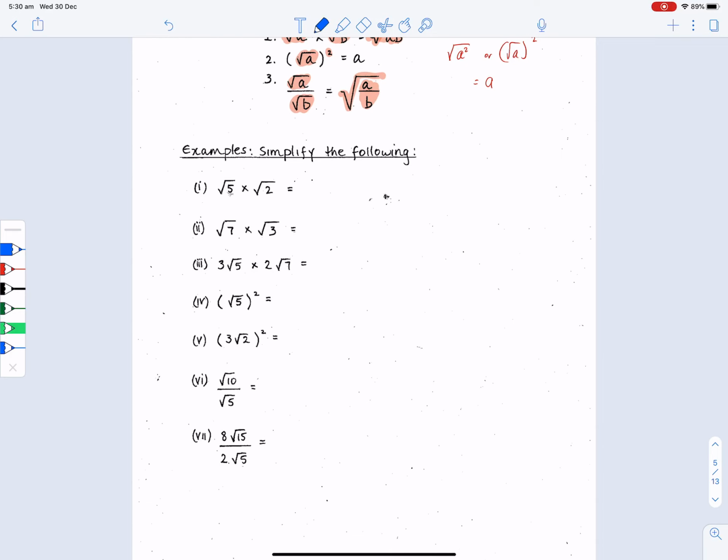First one, square root 5 times square root 2 is the same as square root of 5 times 2, which is square root of 10. Next one, root 7 times root 3 is the same as